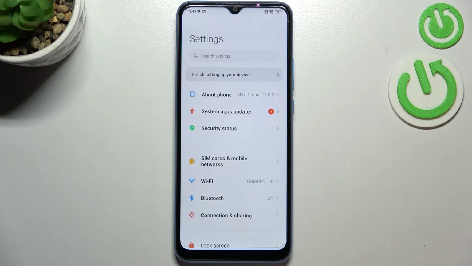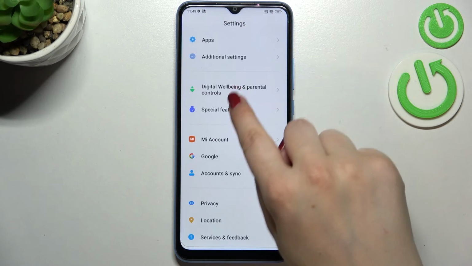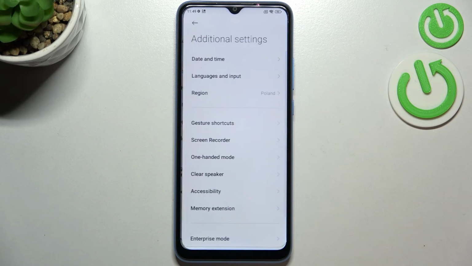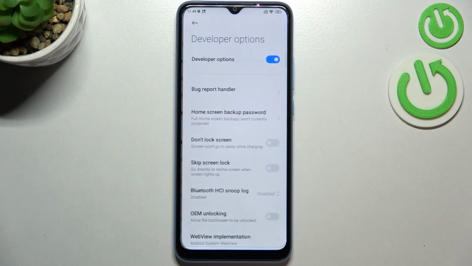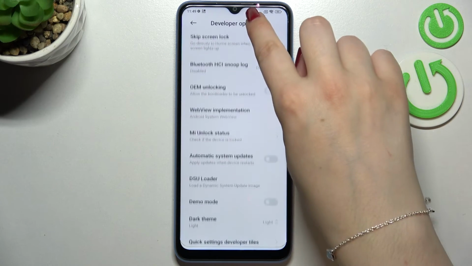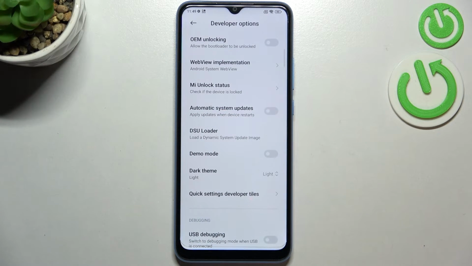So after activating the developer options, we have to go back to the general settings, and now let's scroll down in order to find additional settings. Let's enter. Now we have to scroll down to the very bottom and enter developer options, and here let's scroll until we will find automatic system updates option. As you can see, in my case this option is turned off,